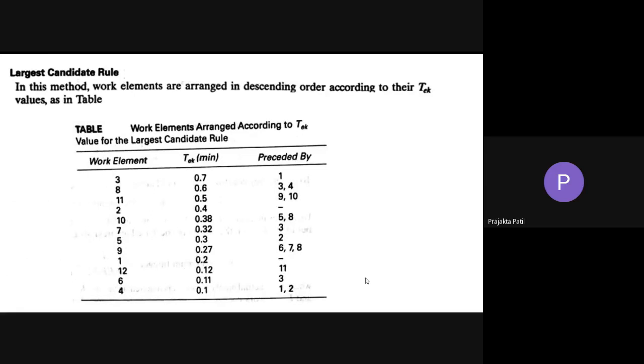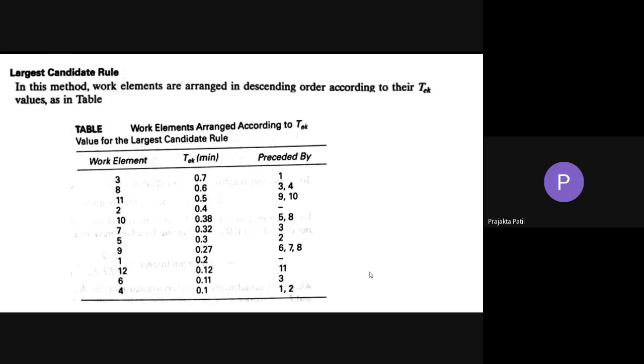So when you rearrange everything, this is the table that you get. Work elements arranged according to TEK value for the largest candidate rule. Can you see here the work element numbers, that is the serial numbers that were there? They are all arranged from largest to smallest. And the corresponding precedence constraints are also listed here.